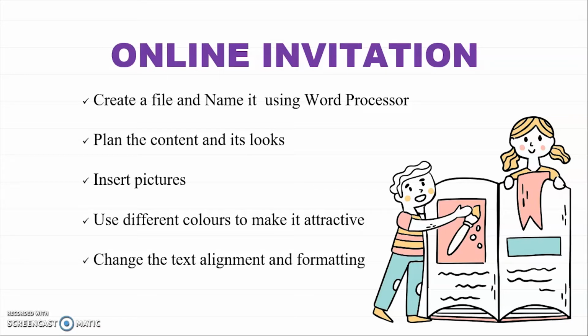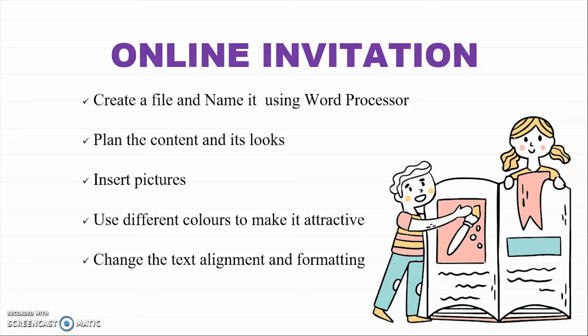Then after your planning, what do we have to do? You have to think how your invitation should look. It should look very nice, and have a good aesthetic view. So we have to decide what images you want to insert or what colors you want to use to make your invitation more attractive. You all will have a favorite color, like pink, blue, red. So you have to decide which color your online invitation should have and what pictures you are going to insert. Everything you have to decide. These are the things that come under the looks, how your online invitation looks.